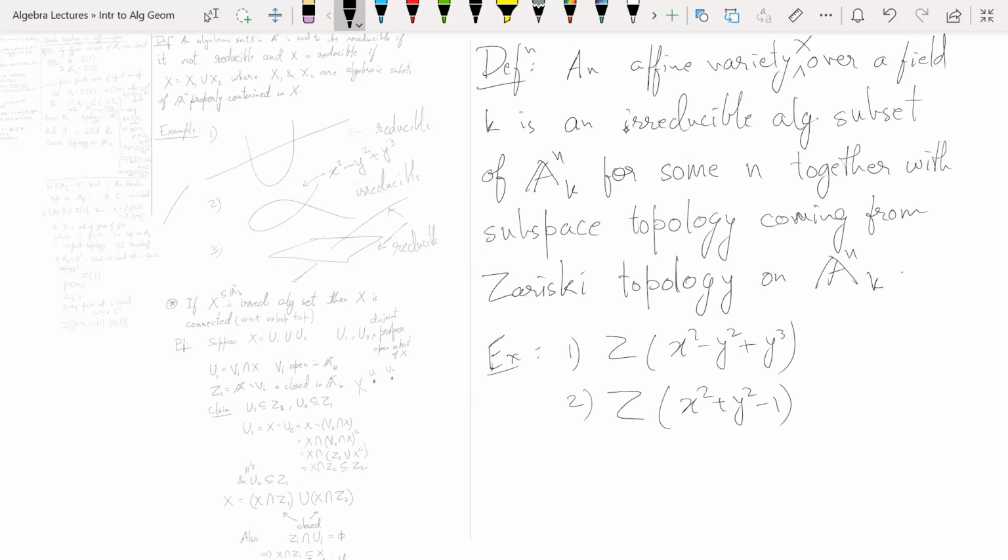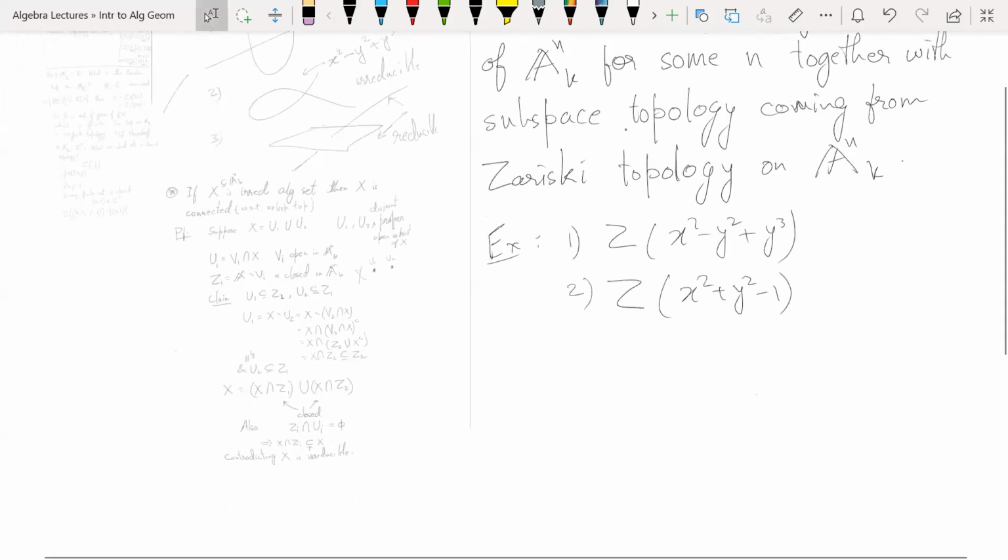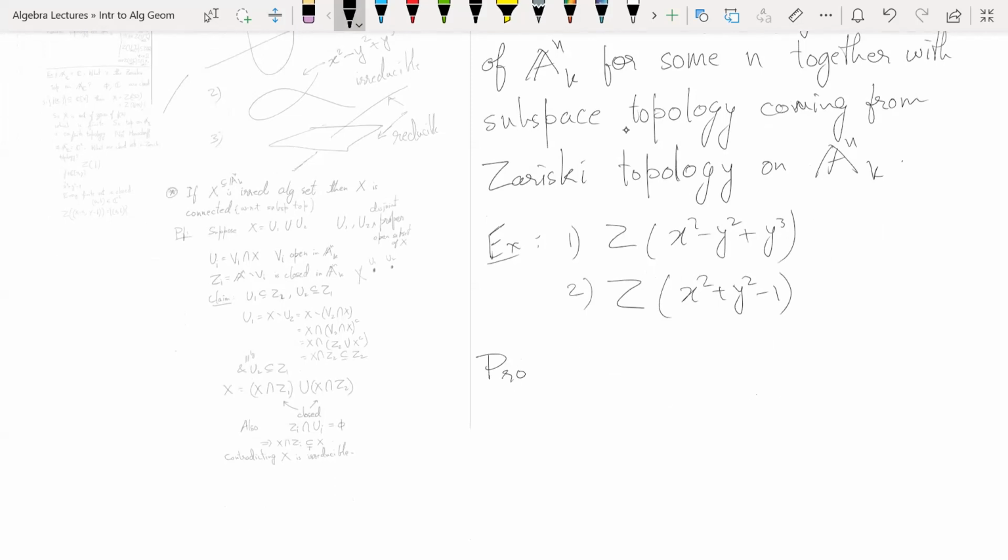One has to argue why these are irreducible. So here is a proposition which will help us prove this. So let